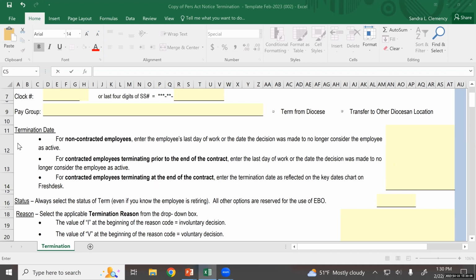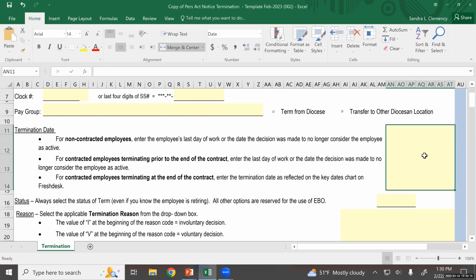We haven't gotten very far. So we were talking about termination date, the fact that there's a little bit more guidance so you can determine the date. I'm going to show you how this form is going to work just by giving you an example. If somebody was non-contracted or contracted at this point, and today was their last day, we would enter